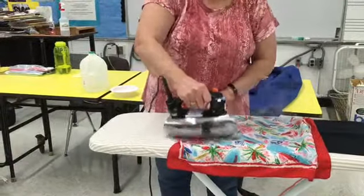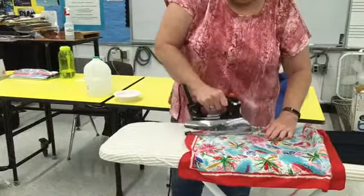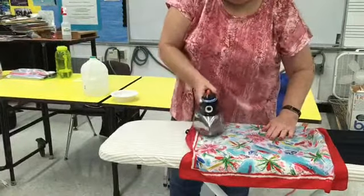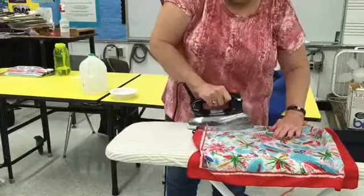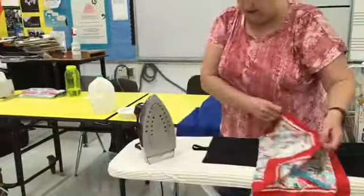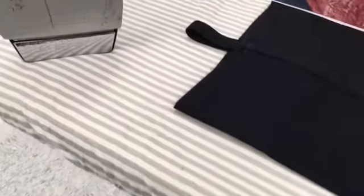Now, you can press down and hold for a second on this area because you want to get a nice crease in the bottom edge of those pants. All right, take a look. Now I've got a nice crease in the bottom edge of those pants. Now I can continue up the pant leg